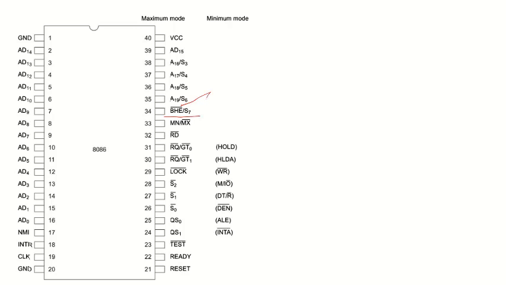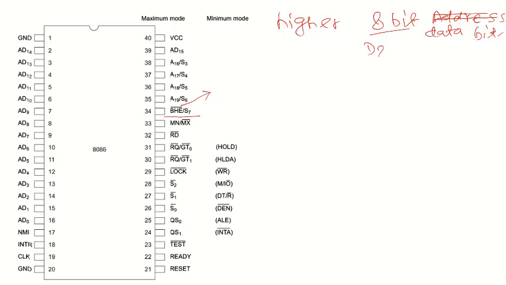So this BHE signal is basically used to provide the higher 8-bit data bits. Okay, so basically higher 8-bit का मीनिंग क्या हो जाएगा D8 to D15।